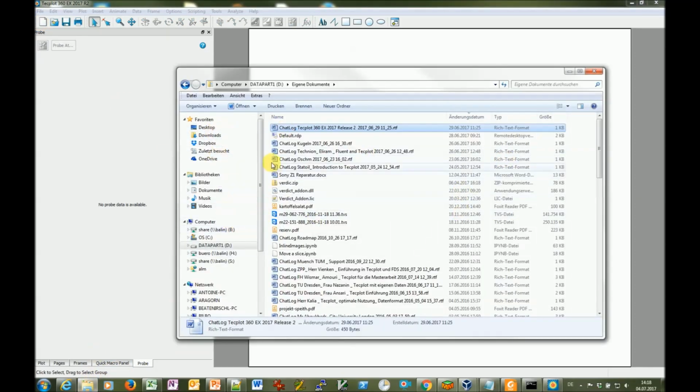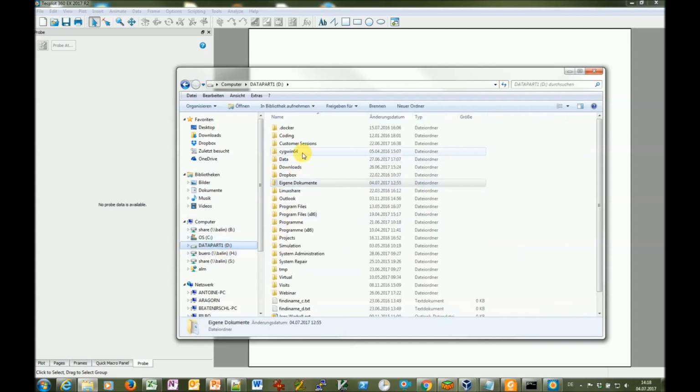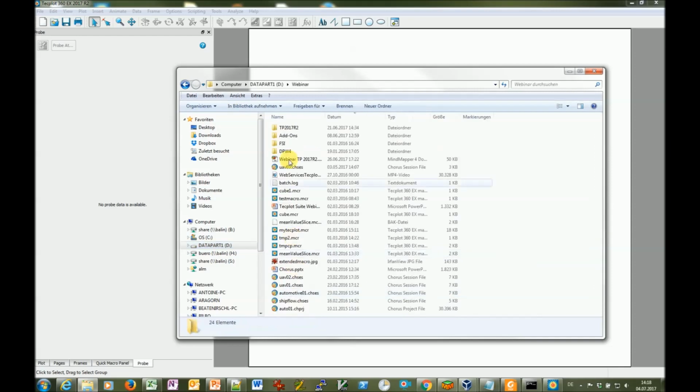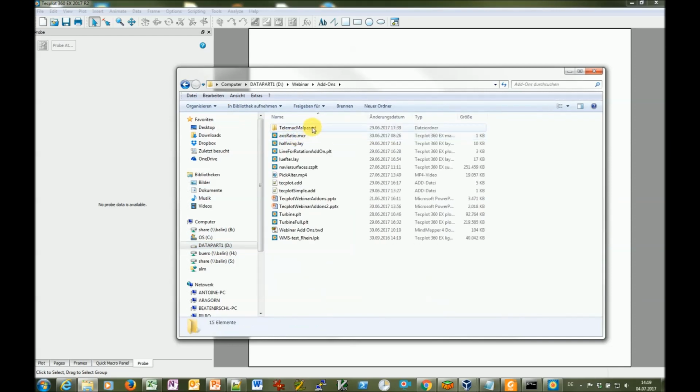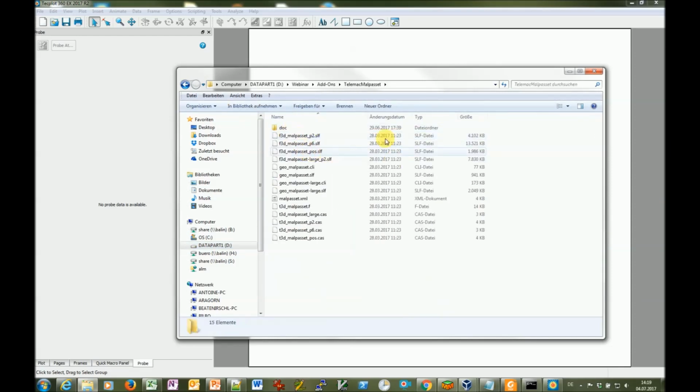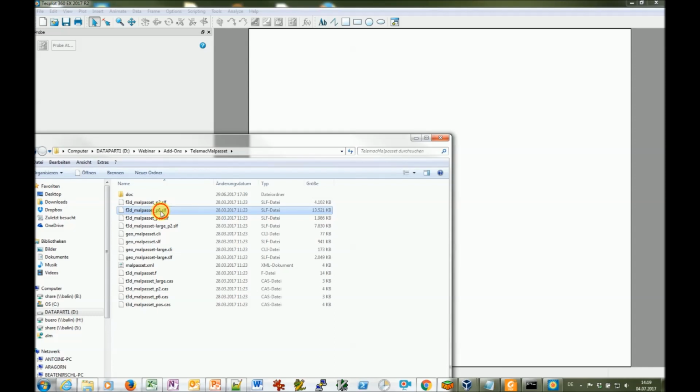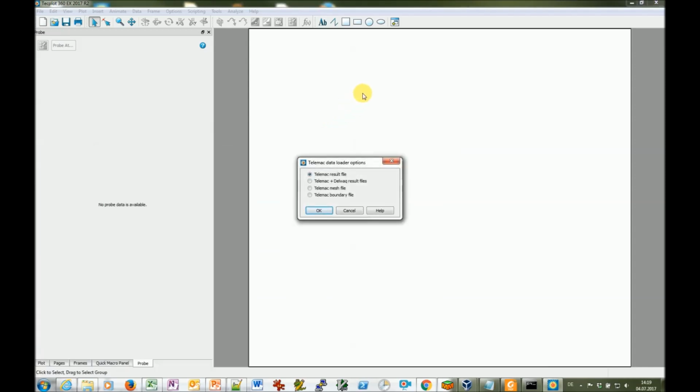I go to the webinar folder here, to add-ons, and then Telemark Masquerade, and here the biggest one is this one, which contains at least some time steps, and I drag it,